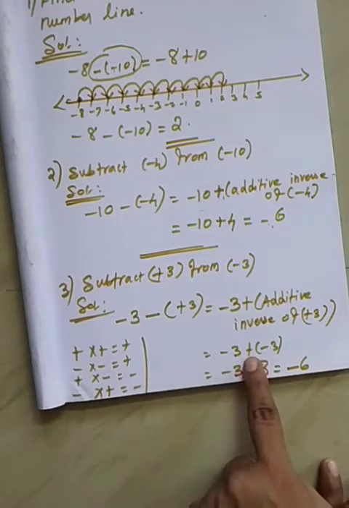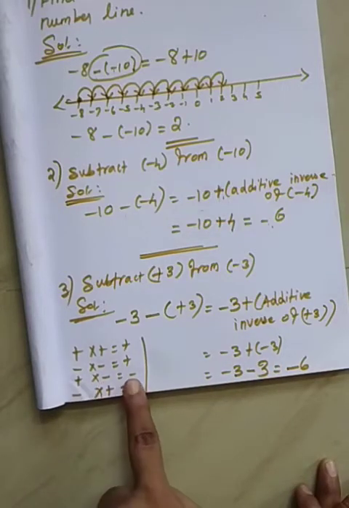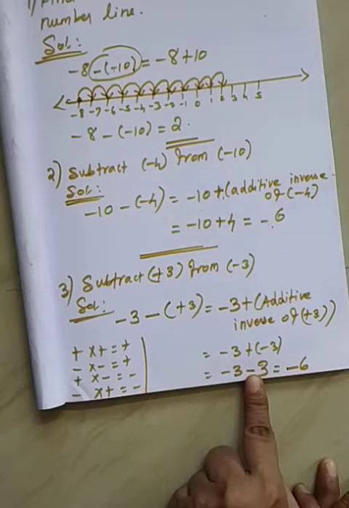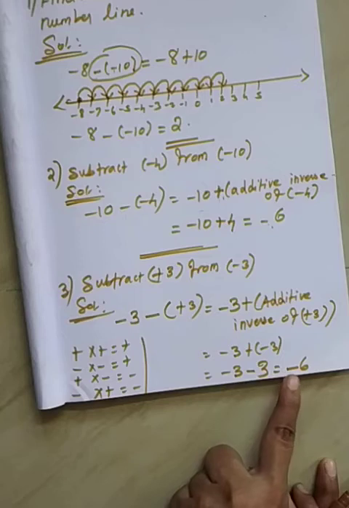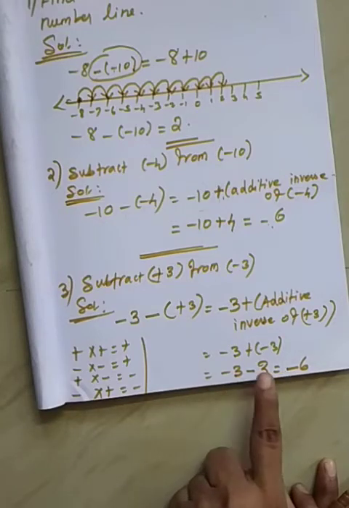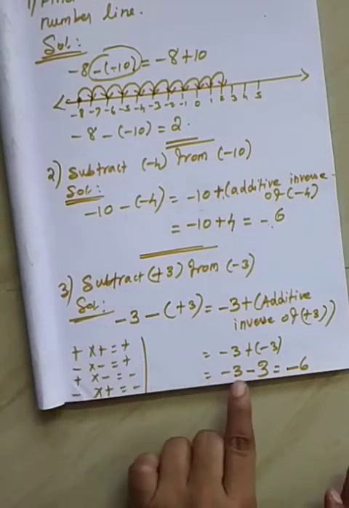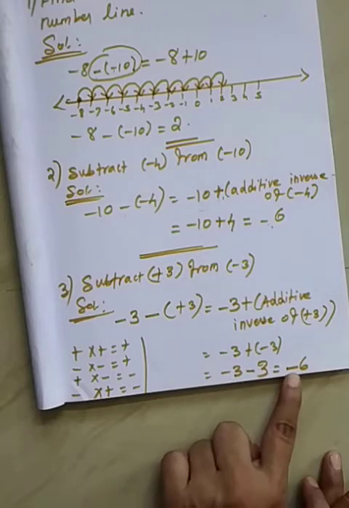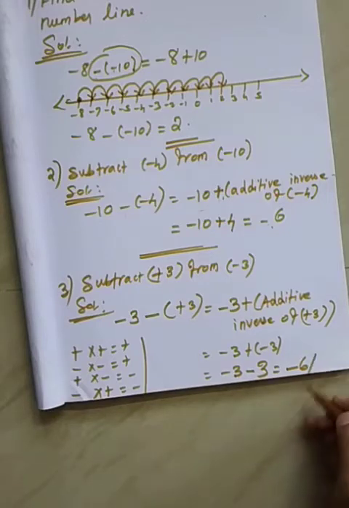Now see here, plus into minus. What is the sign? Minus. So plus into minus, minus sign is here. See here minus 3, here also minus 3. So both signs are same, so you can put minus. Okay, this is minus 3, not into. This is the formula for into only. But in this one it is minus 3 and then minus 3, so you can put minus as the common. Now you can add 3 plus 3 is 6. Everybody clear?